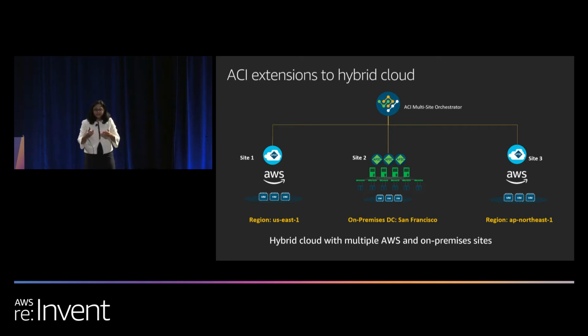So as, again, a network admin, you don't have to go and do the translation manually. You don't have to go and understand all the nuances of the AWS or the cloud policy languages natively. The policy translation is being done in an automated fashion. Then the second thing is it automates the full life cycle of the cloud router. So we use the Cisco CSR 1000V as a cloud router in the solution. It automates the entire policy life cycle of the cloud routers.